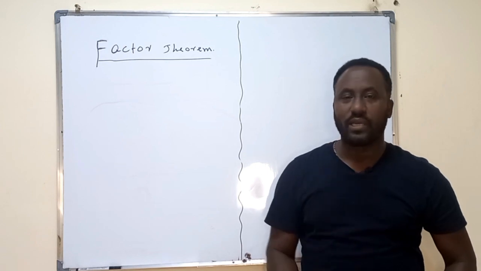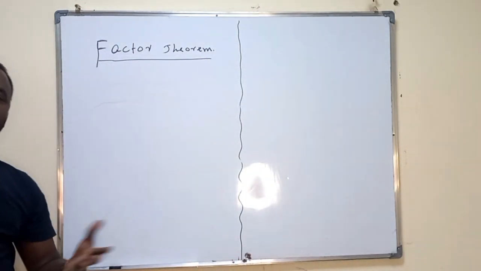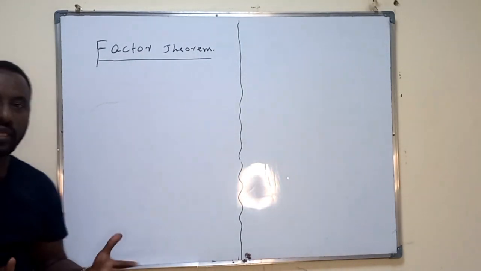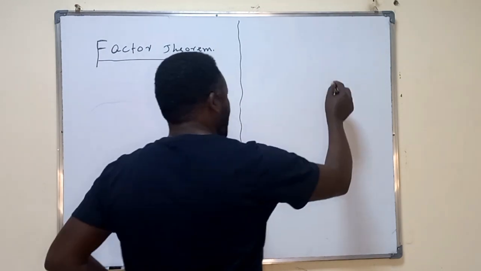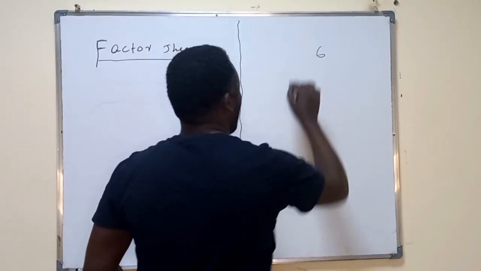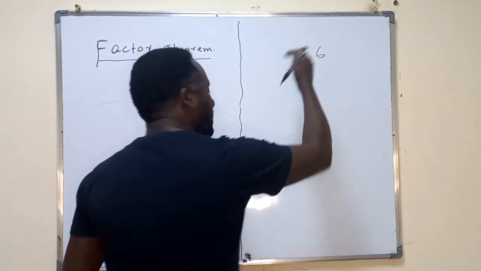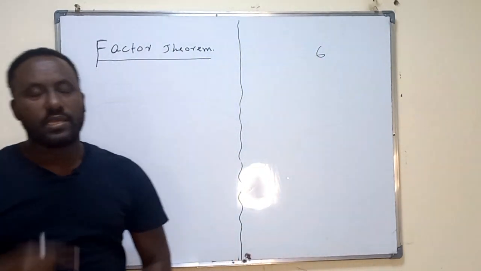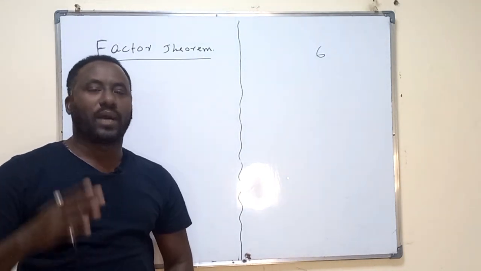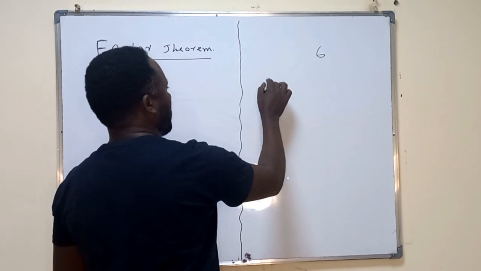To explain the factor theorem, there are many ways. How could you explain what the factor theorem is? Look at this one. For example, if we are asked what the factors of 6 are, we look at what 6 is divisible by without a remainder. So 6 can be divided by 1 without